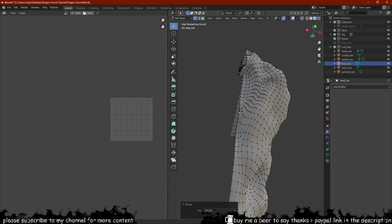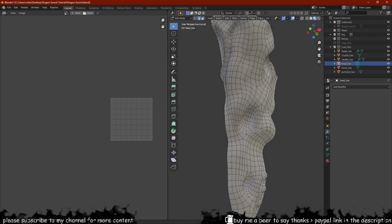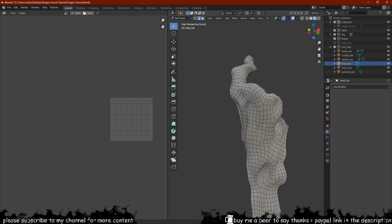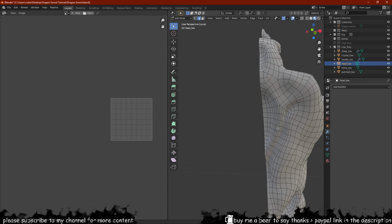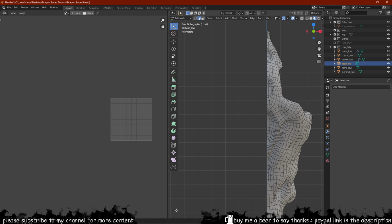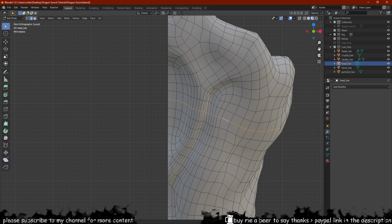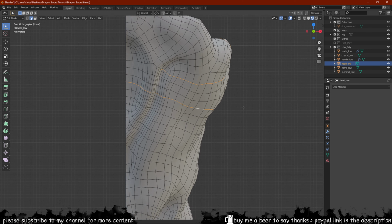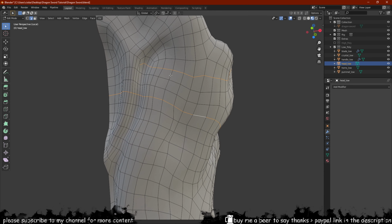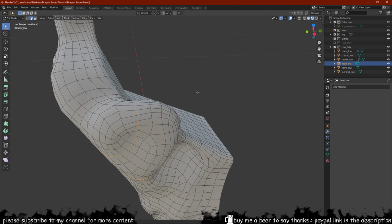Other than that, everything else looks to be quite clean, so we should be okay. Now it's time to go into edge mode and start looking at what edges we can just cut out from our overall design, because they're just not useful to us. I'm just going to merge these two viewports. Looking at this, it's not the right candidate, but this one is. You can see how it runs across like that and does all this